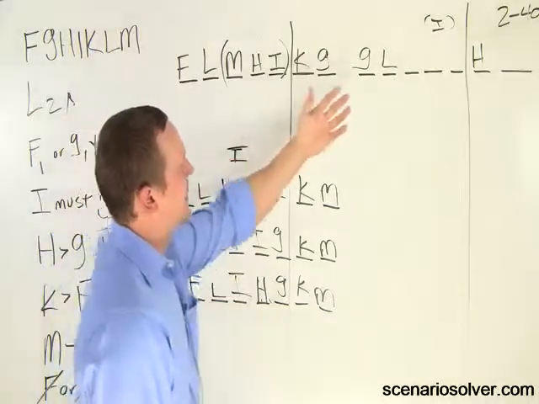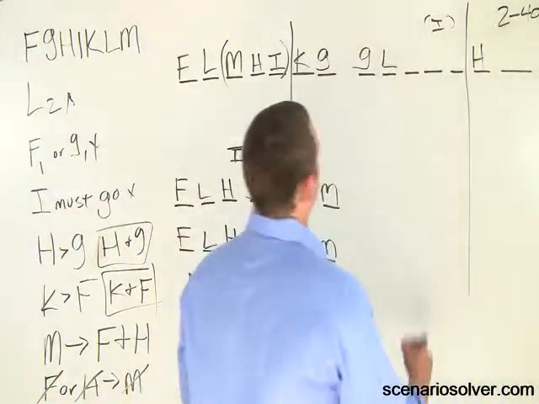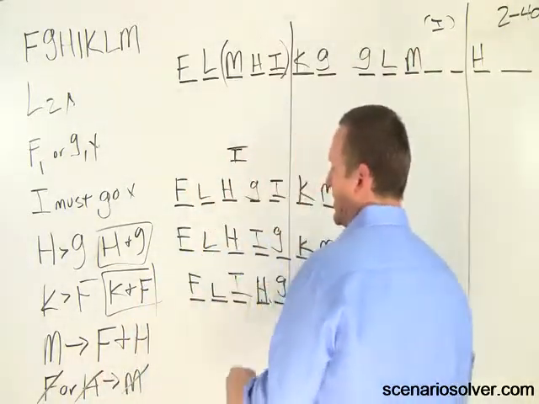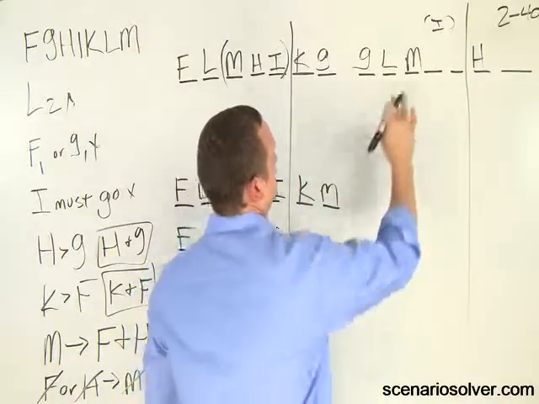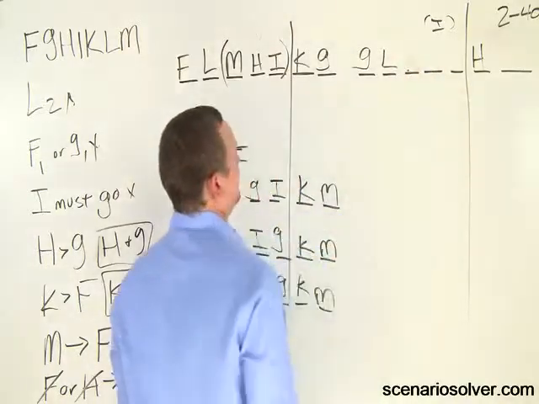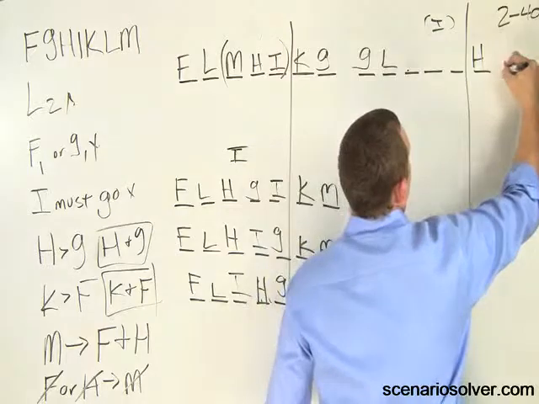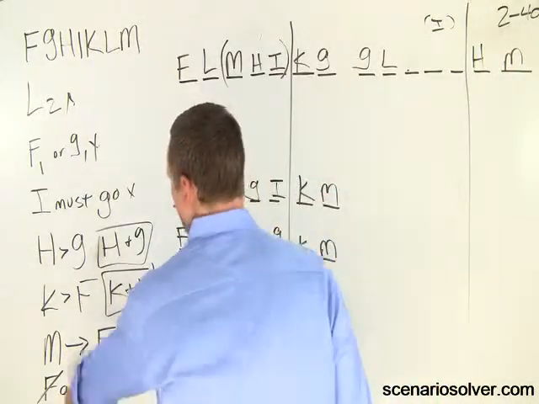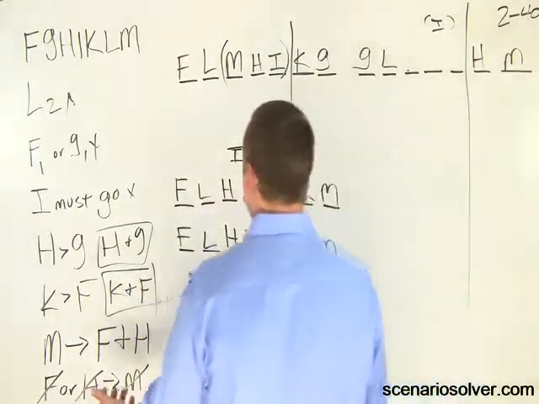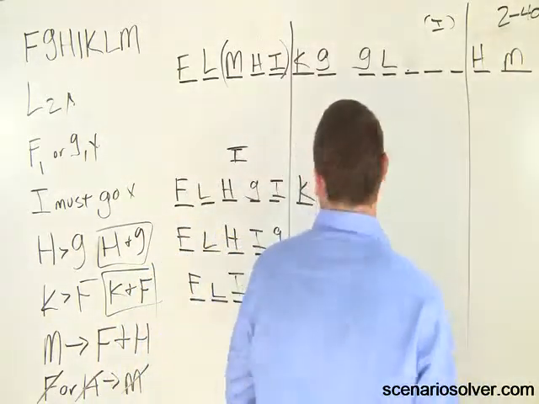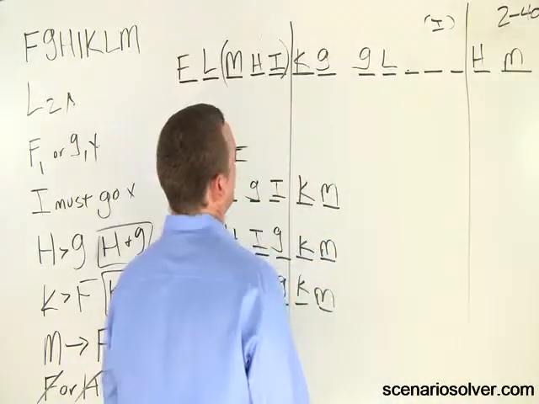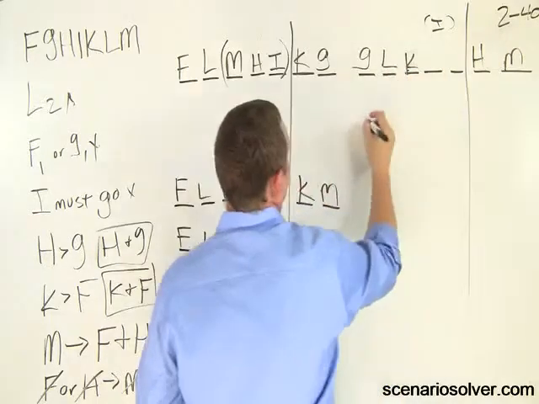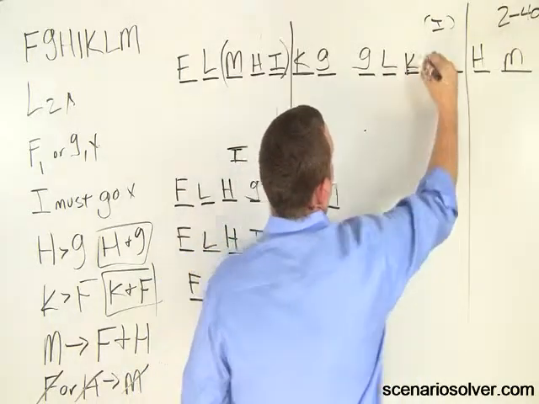They're wholly solved. And now it's just a matter of coming over here. Well, we can employ the same tactic here again. Okay? Or can we? If M goes, F and H would have to go. So this falls out, and we know that M cannot go because H is already out. If H is out, M has to be out. So who is left over? It's K, F, and I. Okay, so we're back down to this. You could do K, KF,